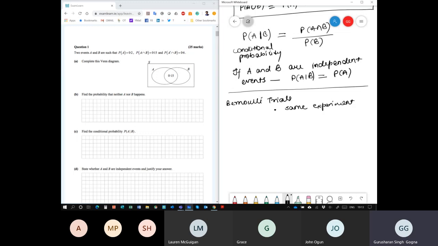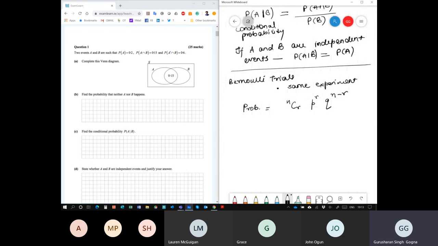So when you do the same experiment again and again, it's called trials. So the same experiment you're repeating, and the probability is given by nCr times p to the power r times q to the power n minus r. So this is the formula for the Bernoulli trial,